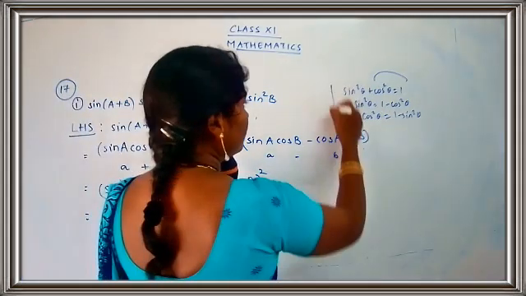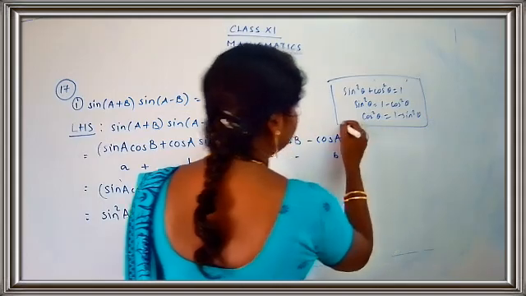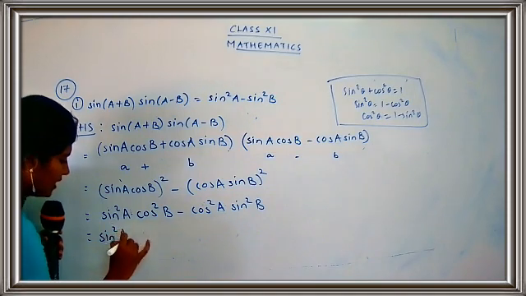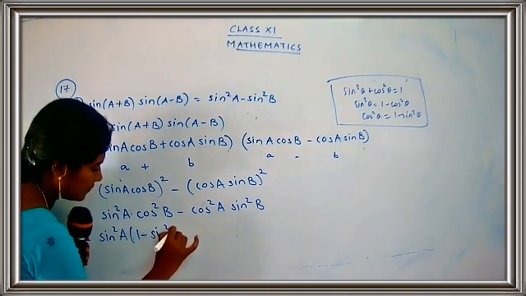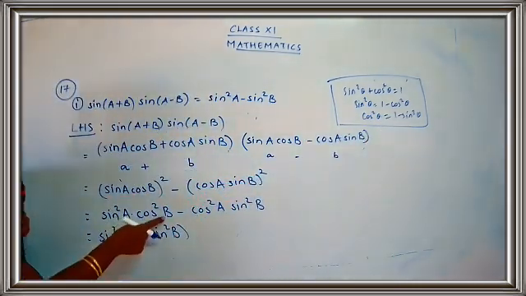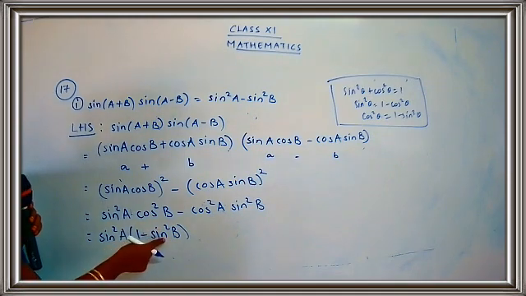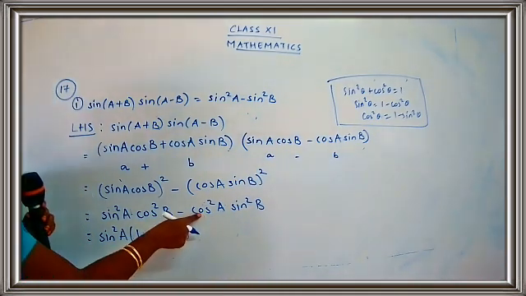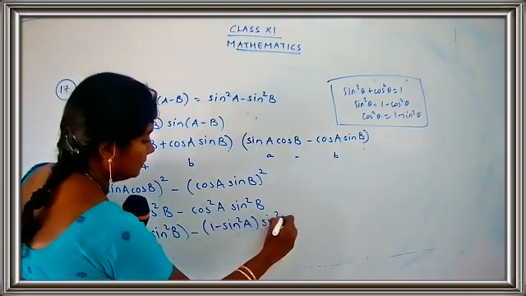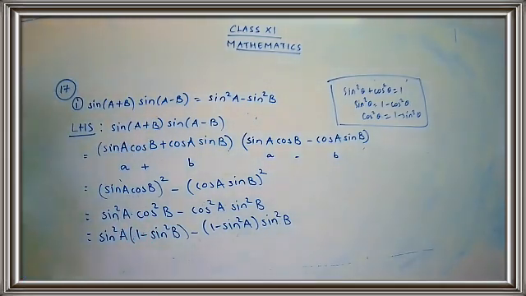You can just write this down in your rough part. Take a note of it, children. So this is equal to sin²A (1 minus sin²B). cos²θ is 1 minus sin²θ, so instead of theta here you have B. So this will be 1 minus sin²B, minus cos²A, so 1 minus sin²A, sin²B. So what do you get here? sin²A (1 minus sin²B) minus (1 minus sin²A) into sin²B.